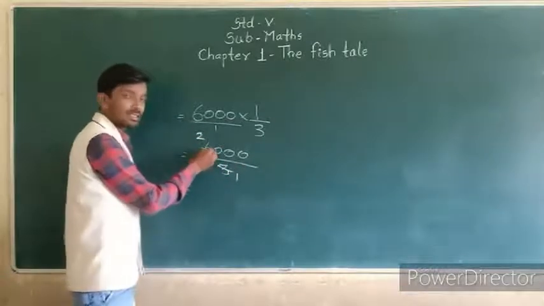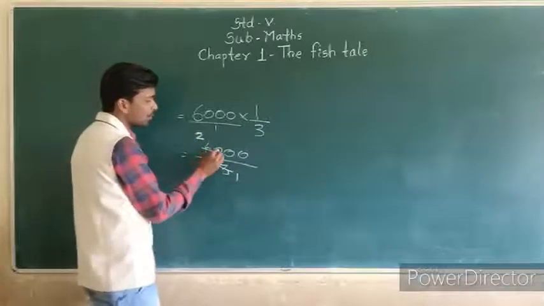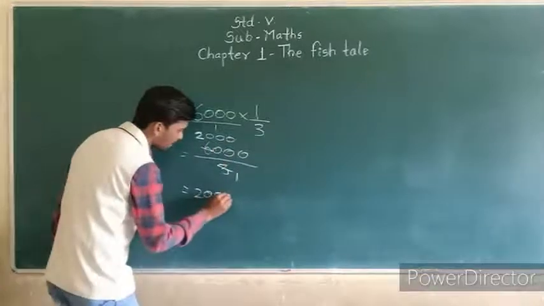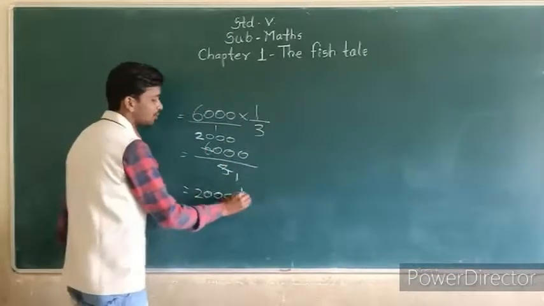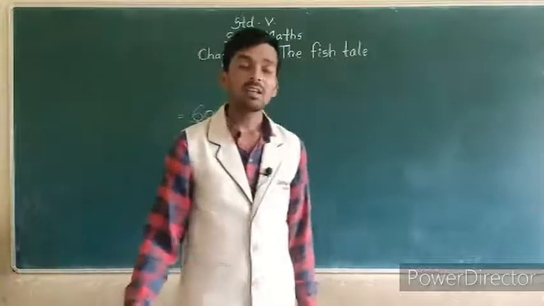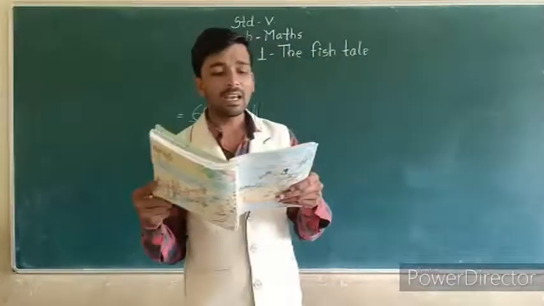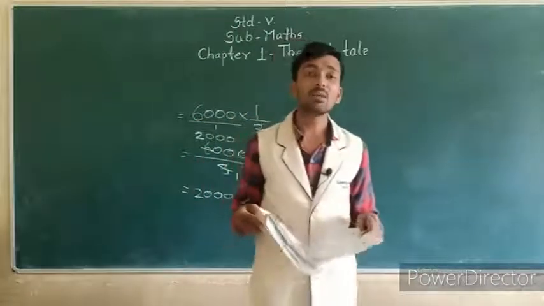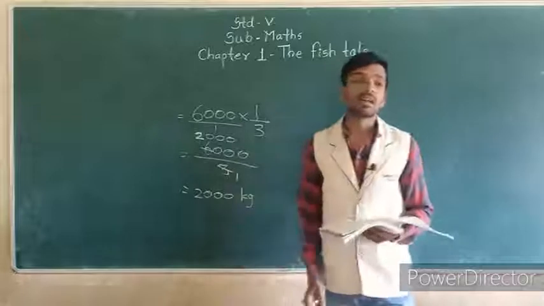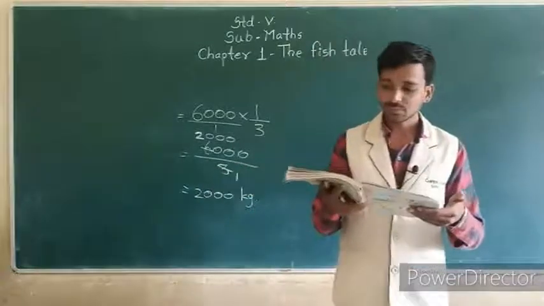3 2s are 6, and therefore I write 2. How many zeros are there? 1, 2, 3. So our answer is 2,000 kg. It means in that month they will get 2,000 kg of dry fish. Okay, understood? Next,